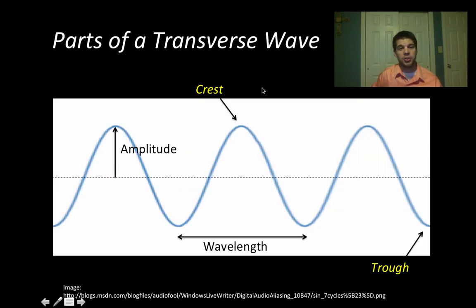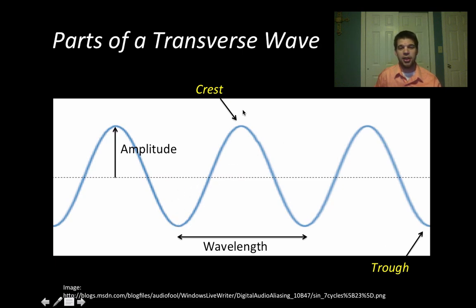There's several parts to a transverse wave, and we've labeled a bunch of these already. We've talked about the amplitude in the past. The amplitude is the length from what this equilibrium line is here all the way up to the peak position of our transverse wave. Right, so that's what the amplitude is. And it could be also the distance from the equilibrium line down to the lowest part as well. Those are both considered amplitude.